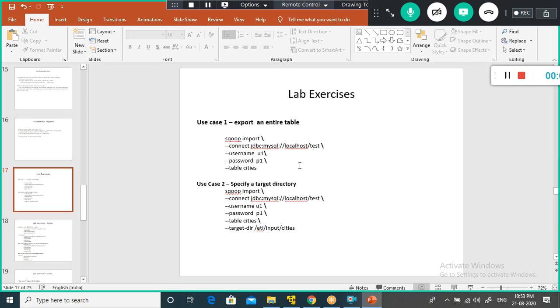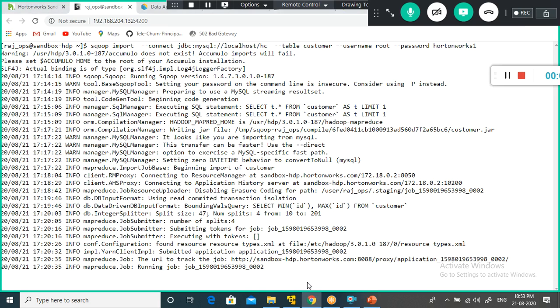If you wanted to use the entire table, that's what we are doing. One second, let me see. But thank God it is working fine. The issue got fixed now.